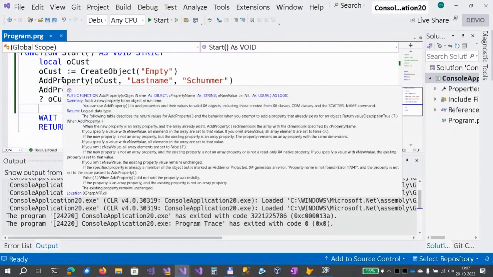Cursors is one thing that is a challenge. Another thing is you could have changed a global setting. Modern apps try to avoid state. X-based language is full of state. State like set deleted, your date format, your set exact format, you name it, you set decimals. Each thread gets its own copy of the state. It inherits the state as it is from the main thread. So if you create a new thread and you set deleted on in the main thread, the new thread will also have deleted on. But if you change it there, it will not affect the main thread. So yes, it's supported. Our runtime supports this.